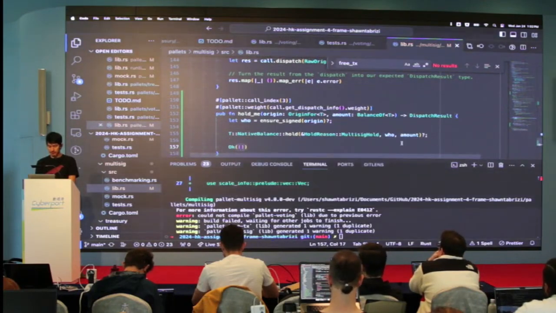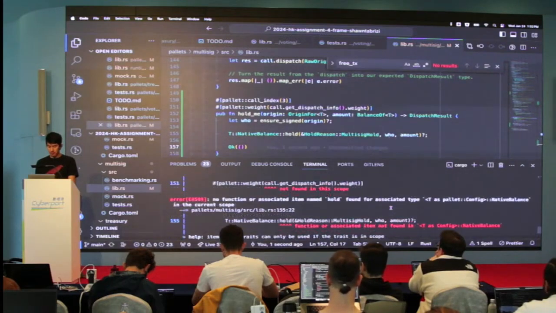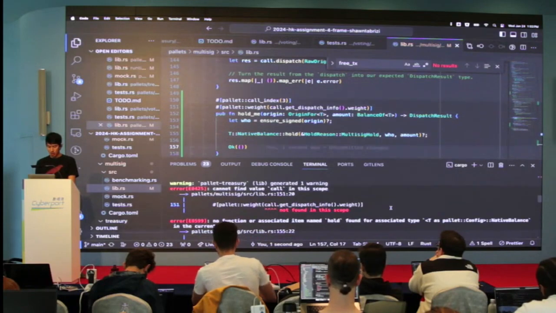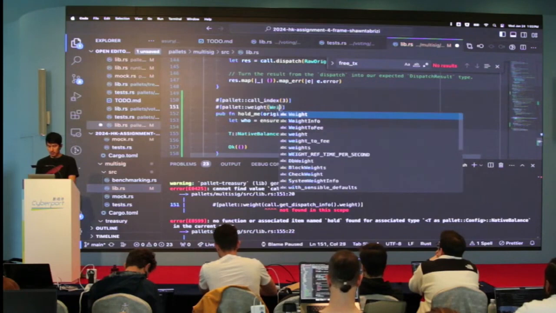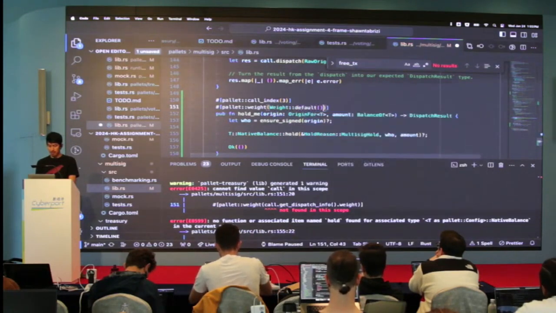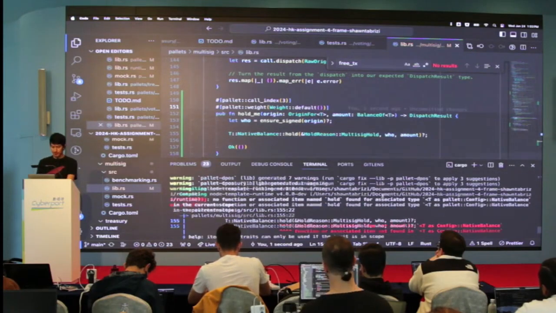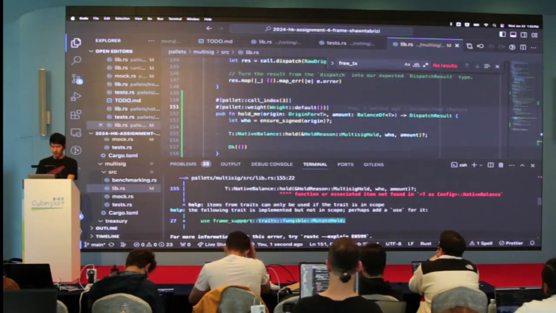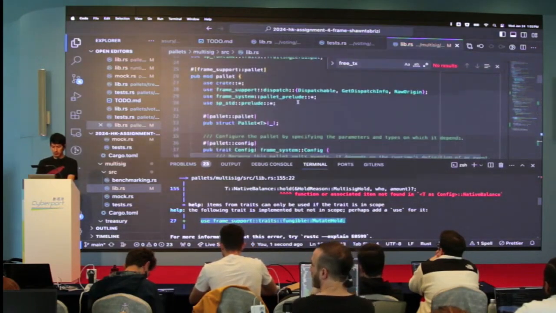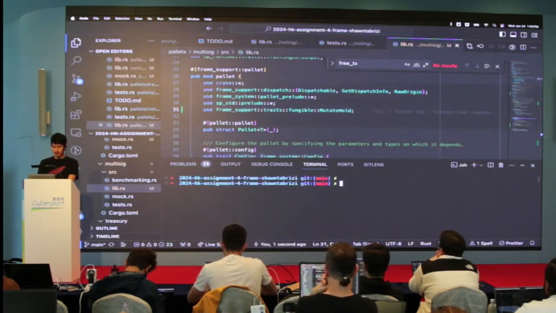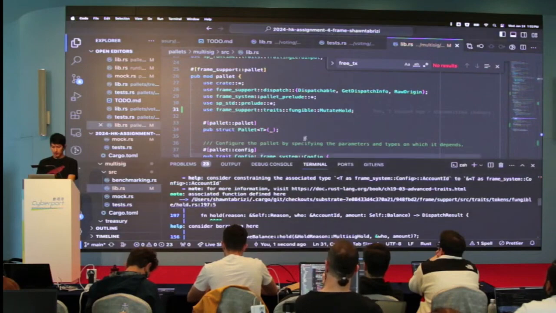See what happens. Are there other ampersands I'm missing? What's happening here? Okay. So call not found in the scope. Oh, yeah, this is useful. Okay, so I need to bring in mutate hold. Thank you, Rust, for being so considerate. I'm missing the ampersand on who.